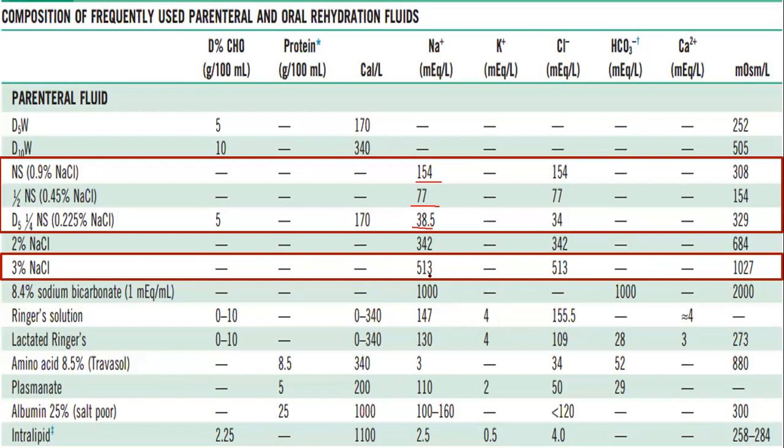Just remember it has 513 milliequivalents. All of these are for a liter of fluid. Remember that. This is not for 500 ml, not for 100 ml. The concentration is 154 milliequivalents per liter. It will be the same in 100 ml of fluid, in 500 ml of fluid, in 1 liter of fluid. The concentration will remain the same. The absolute amount will vary depending upon whatever amount of fluid you choose.